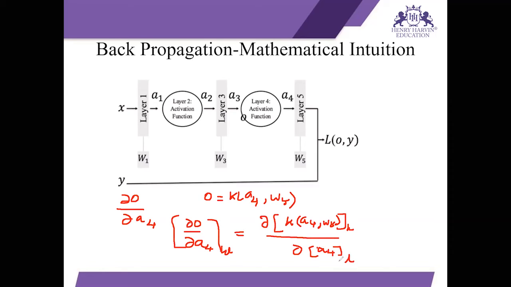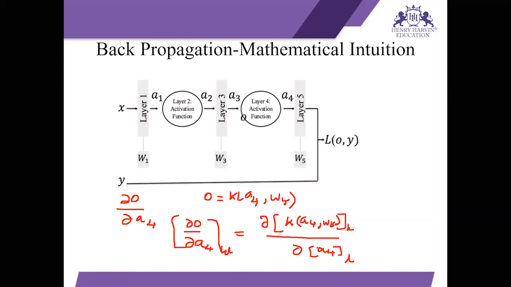Now what is each element of the Jacobian telling us? It tells us, for example, the kl element, kth row and lth column of our Jacobian ∂O/∂A4, how the kth component of the output will wiggle if we wiggle the lth component of our input, right? So this is clear now, I guess. So when we wiggle the lth element of the input vector, or the output of the previous layer.